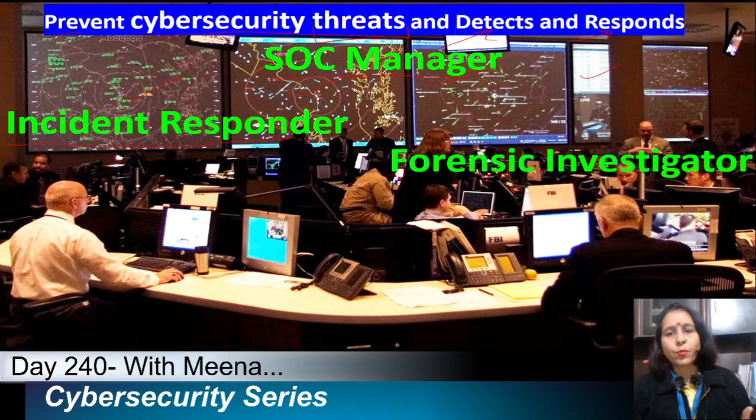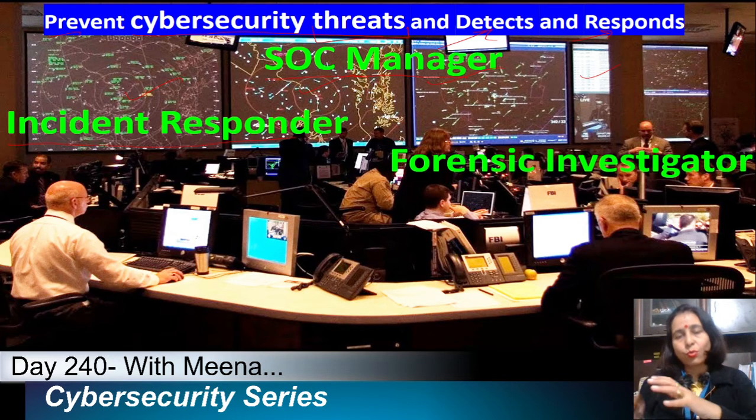And the next position is a forensic investigator. For example, whatever security postures, security devices, and services we are using in our company, attacks still happen. In case an attack happens, we need to collect the evidence and preserve the evidence. So who will be the responsible person to do all these things? Because